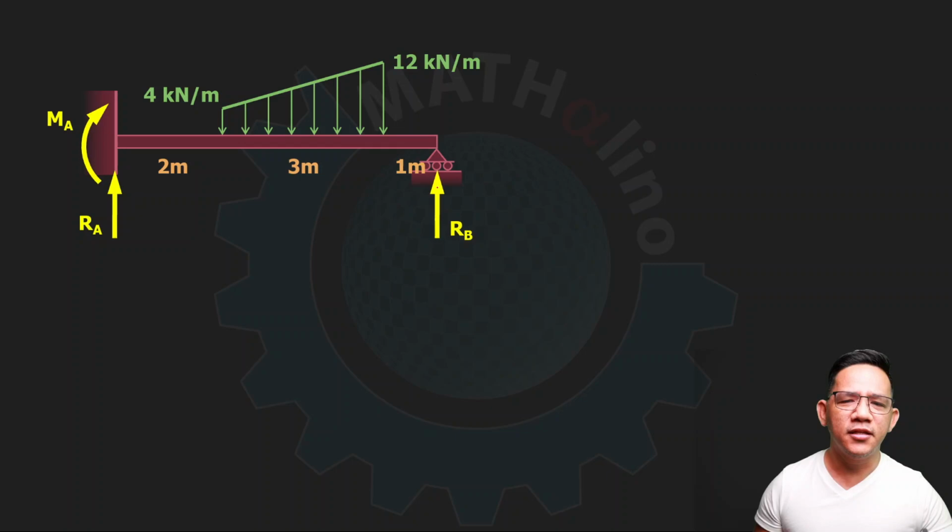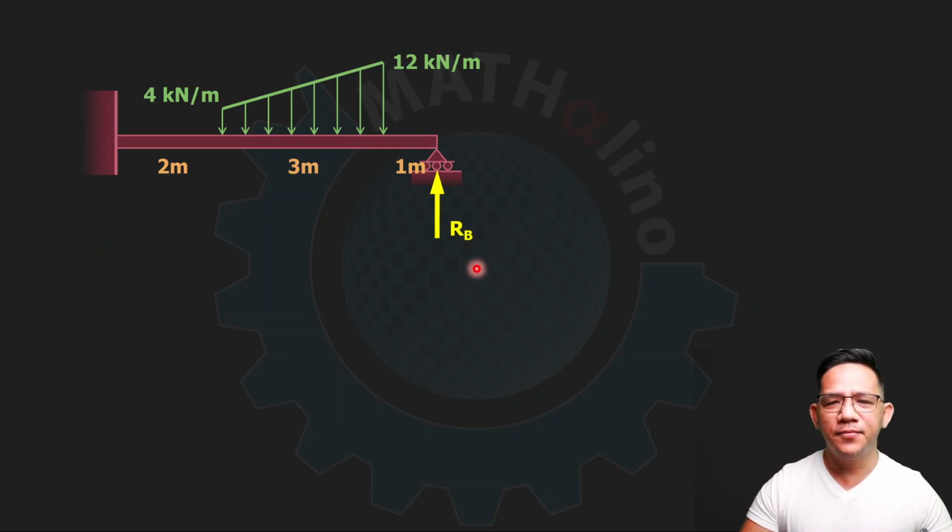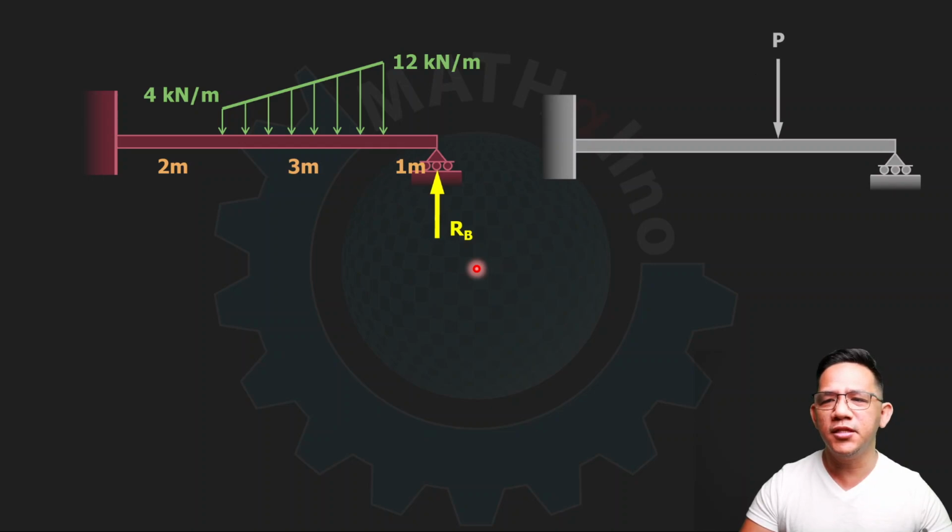We can solve for RB first. Let us forget first the MA and RA. So we're going to start with the solution for RB. Then we are going to model our solution with this situation, a concentrated load on the propped beam. The reaction at the simple support is given by this formula. RB is equal to PA squared all over 2L cubed times (3L minus A), where A and L are